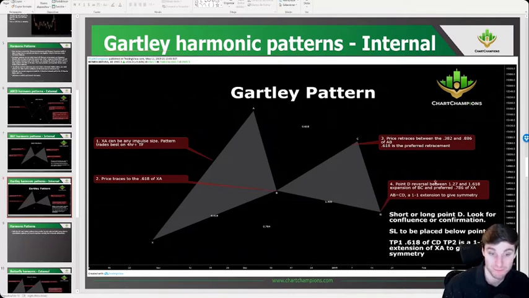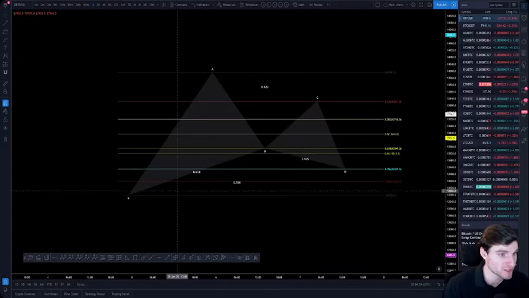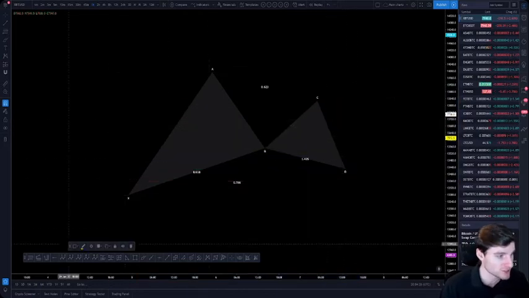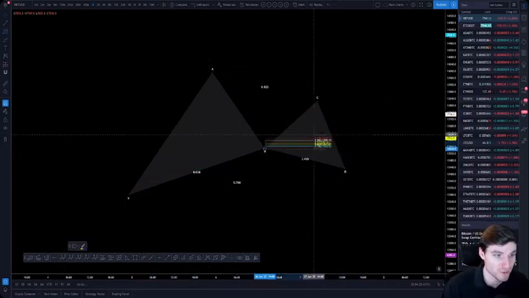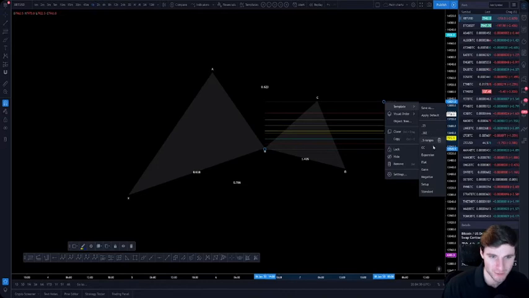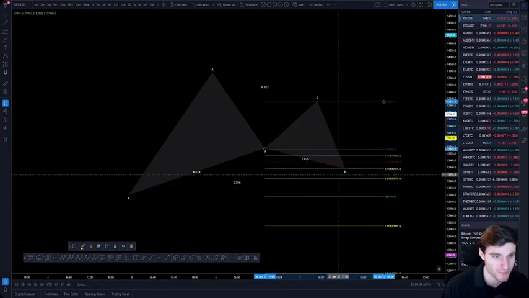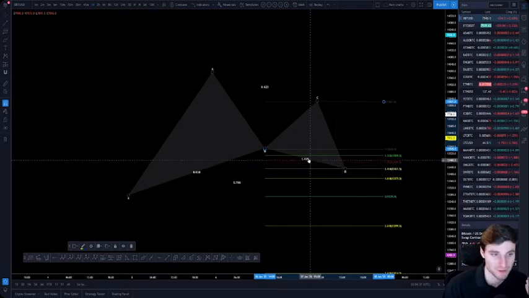Okay, and then also for confluence from B to C expansion between 1272 and 1618. So if I just draw this on the chart, oops, apologies. If I draw this on the chart, you want to see that confluence from B up to C. Might not actually get it in this example here, but let's give it a go. Okay, yeah, you are slightly within that bound. Oh, it says it here,